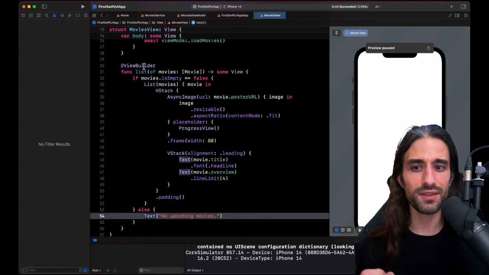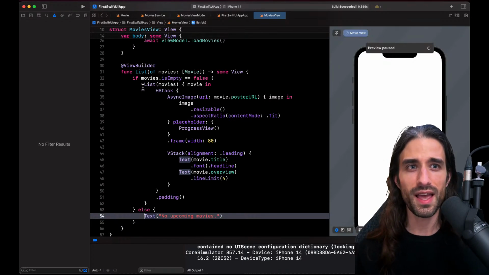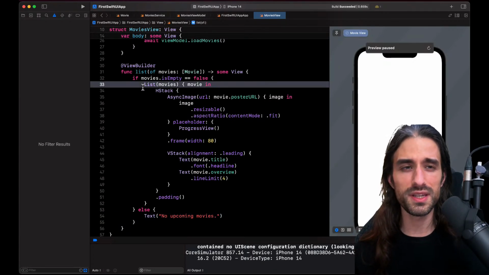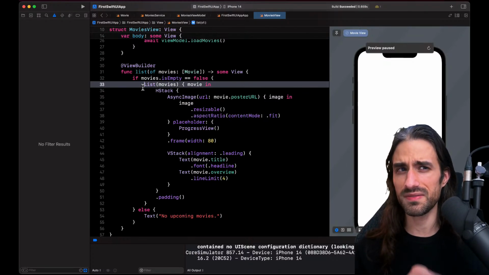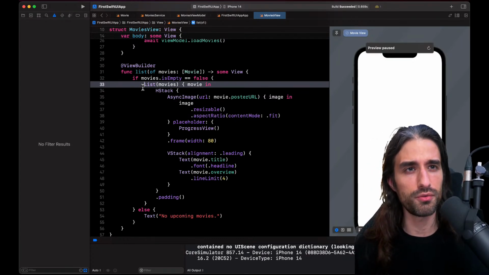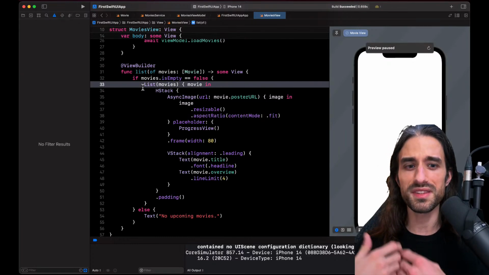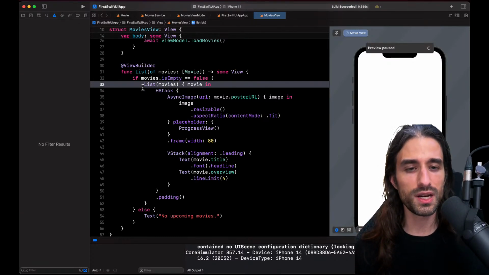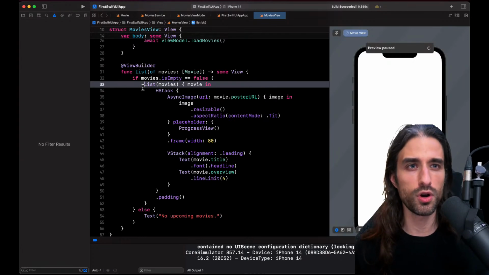Why? Because @ViewBuilder is doing this kind of transformation of the result, and it's not putting them into a Group, it's putting them into what's called an underscore ConditionalContent, if I remember it correctly. I don't know if it's ConditionalContent or ConditionalView, but basically it's taking my if statement and translating it into a view that will have two possible renders depending on whether the condition is true or false.